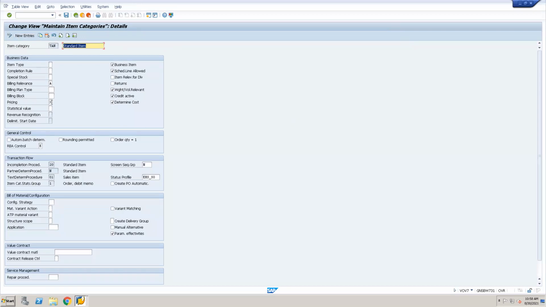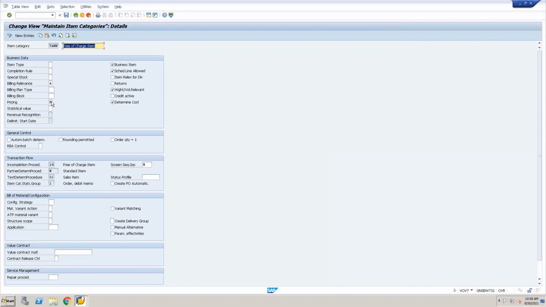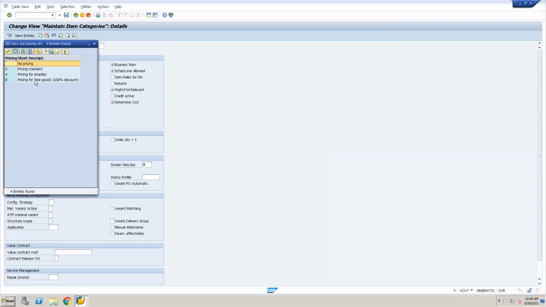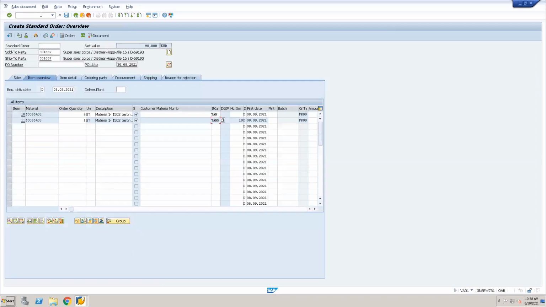See, this is relevant for pricing. Price is determined, and this one you can see here is relevant for pricing. It's a B. B means what? A means pricing for free goods. It's relevant for pricing, but with a 100% discount. Even though the price is determined, it is a 100% discount, so the cost will not be applicable. The price will not be applicable. It will only determine price wise, to know in the books